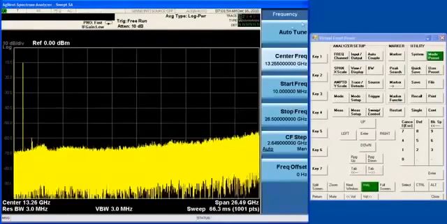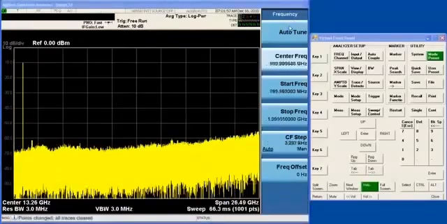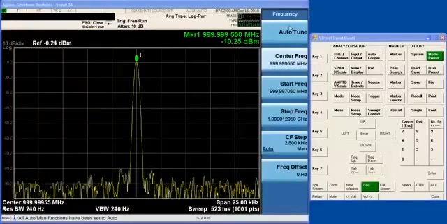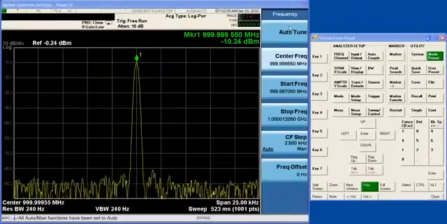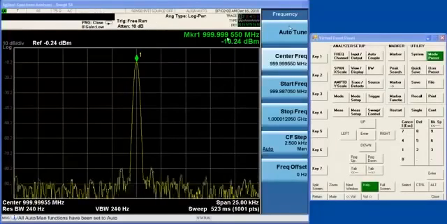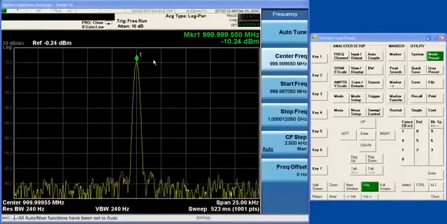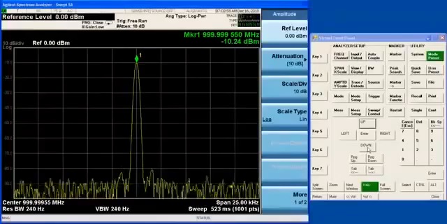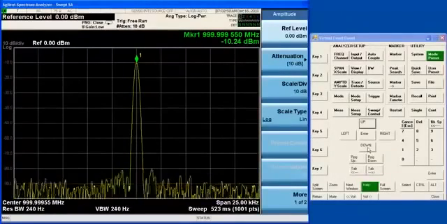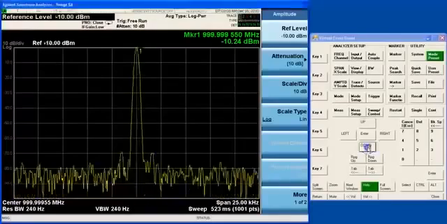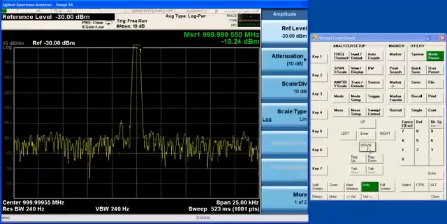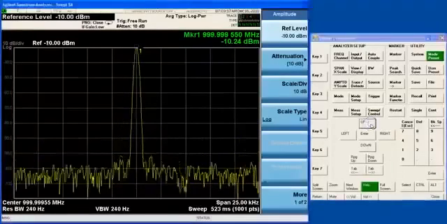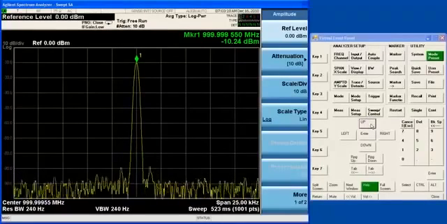And one of the labor-saving features of the X series is this auto-tune functionality that automatically tunes to the strongest signal in the measurement range of the analyzer, sets the span to show the whole signal bandwidth and sets the reference level so that the signal is 10 dB below the top of the screen. So now I can show you that it doesn't matter where on the display that I placed the signal, the value that you're reading doesn't change even when you put it off the top of the screen. There's no dependence on the display placement of the signal for accuracy, which is not true when you're dealing with